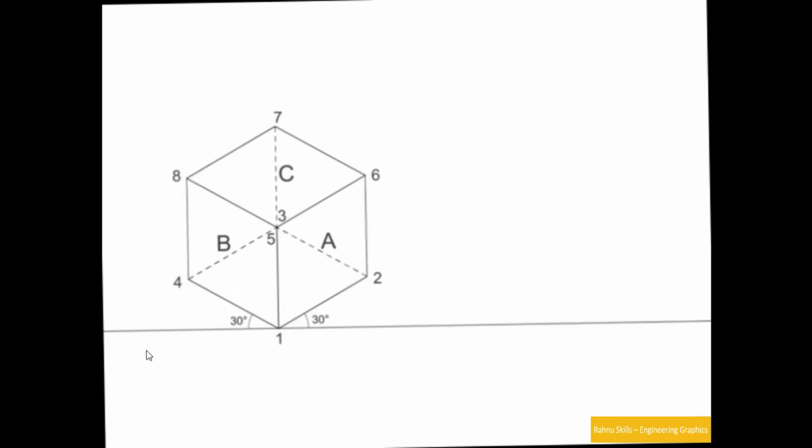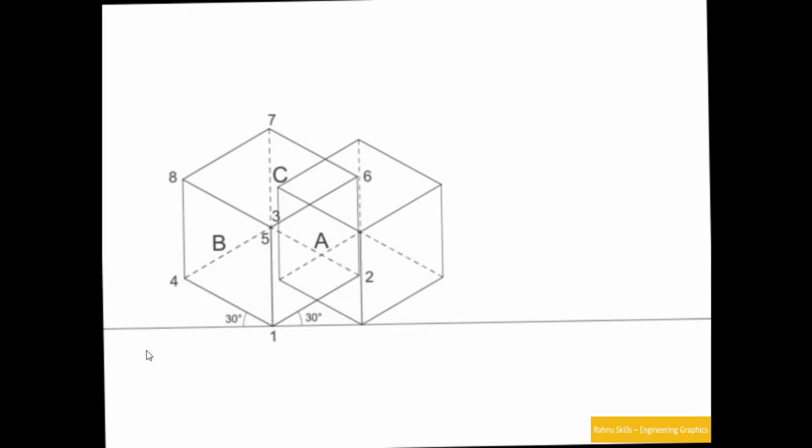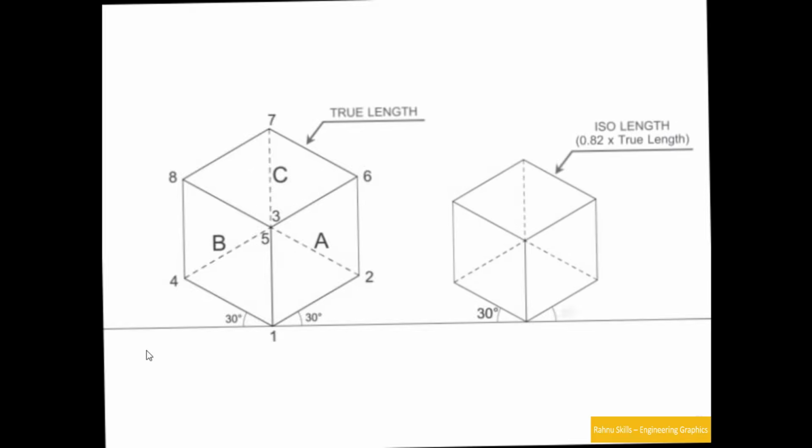Now you can see here in this diagram we have the two things, isometric view and isometric projection. When we draw the diagram with true length, means whatever the given length is, then it is known as isometric view. But when we make it with the reduced dimension, means we multiply it with 0.815 or 0.82 by rounding off, so we get the iso length or the reduced length. But in dimensioning we draw the diagram with given dimension.